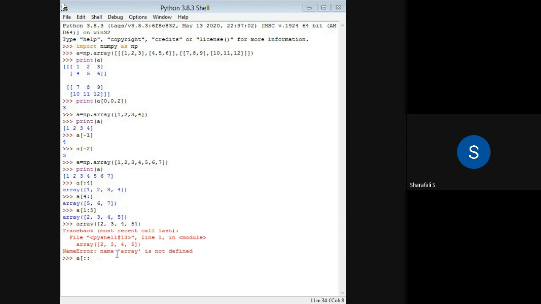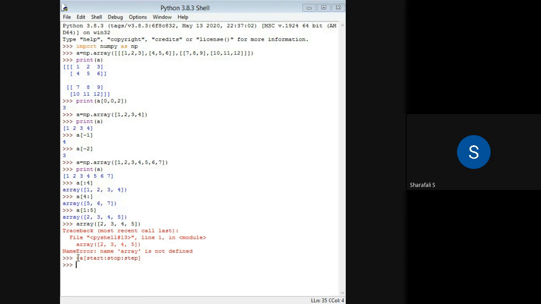What is this colon? This is just a syntax. Here the syntax is A of start point, then stop point, then step size. In this way you write the start point, then stop, then step. So in this way, you can